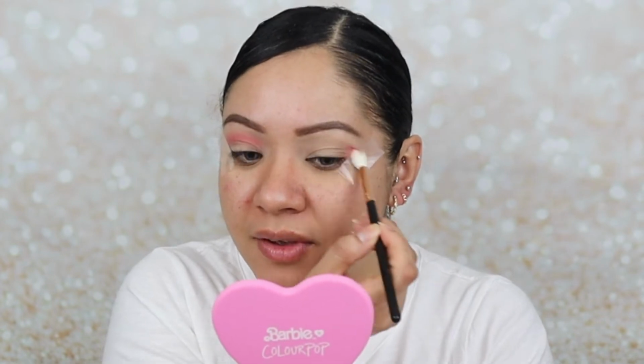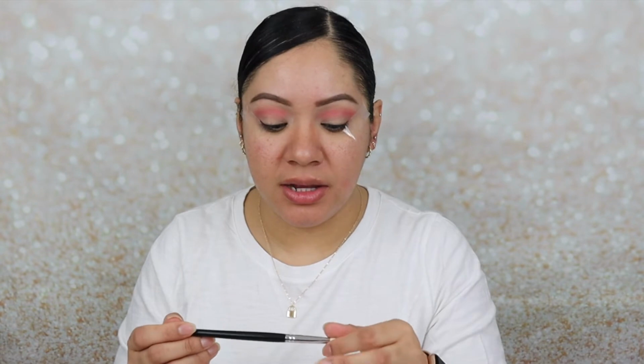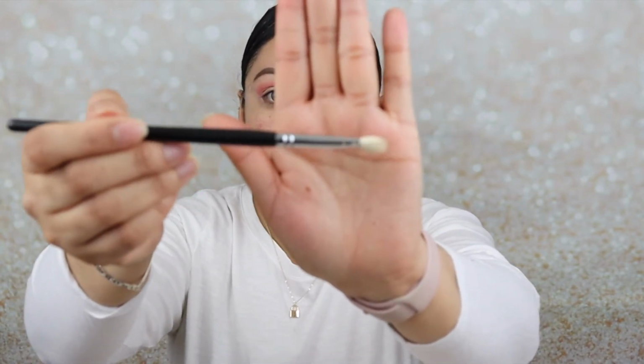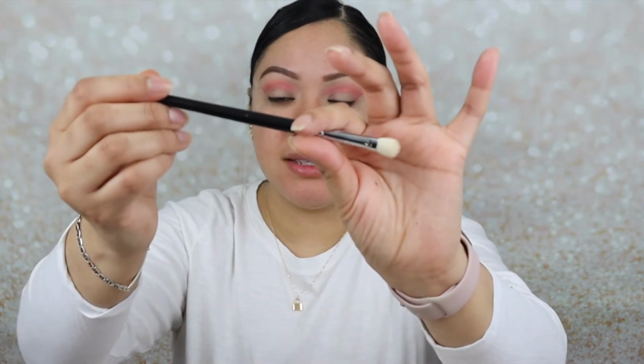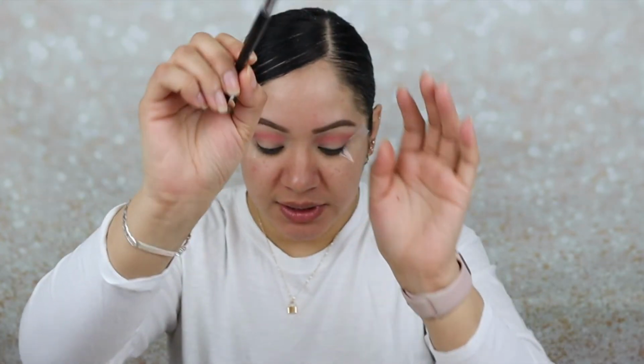With these colors, you have to go in a little light-handed just because they're very, very pigmented. Now I'm going to go in with another brush, a more detailed shading brush. It's a little more fluffy, not as dense, and this is the Sedona Lace EB09. And I'm going to use this to apply,